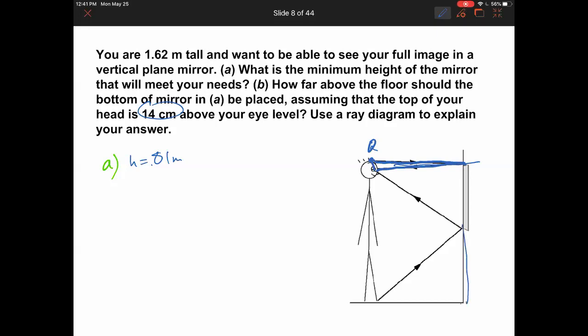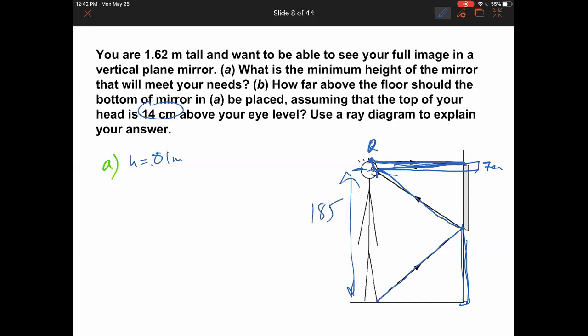Same thing is here. So the mirror doesn't have to extend all the way down, because to see your toes, you have the light hitting the bottom of the mirror and then reflecting into your eyes. That means this can be half of that size. That means it can be only 7 centimeters above your eye level, and it can be, let's say, 74 centimeters below. So if you assume that this is only 7 centimeters here, and let's say this is your eye level, so this can be only 7 centimeters. And then that means it lifts from here to there